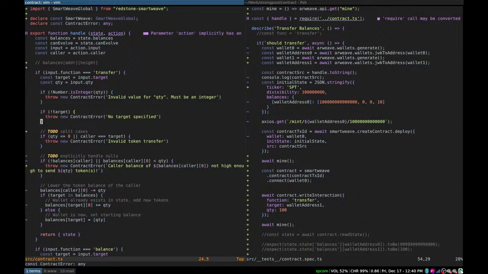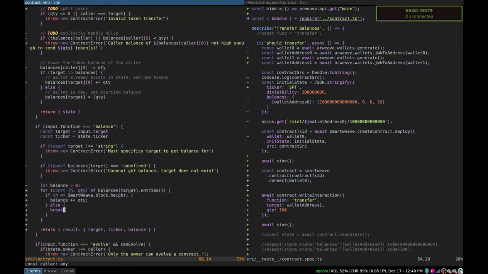So we will need to sum up and figure out the balance that we currently have. Probably what happens is we take this little thing down here, we put it into another little function that ends up getting called in different places. And then when we subtract, this has to be more complicated too. So this is going to loop through all the heights for the balances and subtract the quantity that's available,